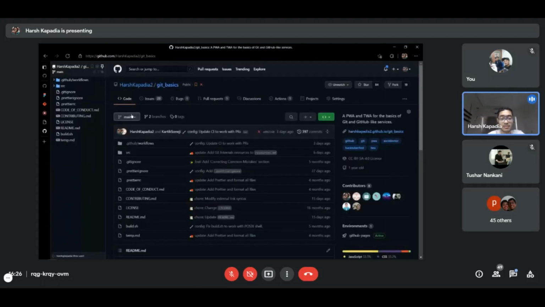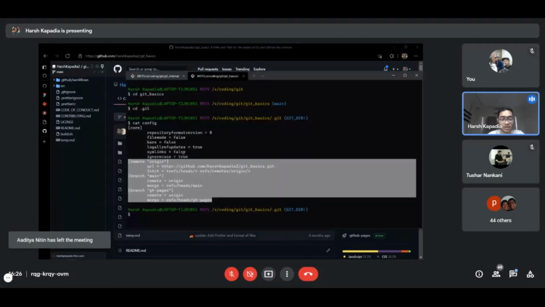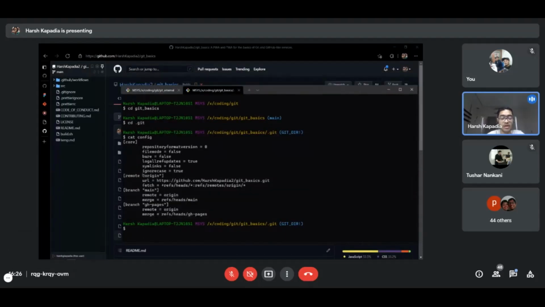Okay, so this repository has two branches, main and gh-pages, GitHub Pages. Just to let you know, we have two branches on this repository, because I'm going to be referring to all of that stuff. Okay, so now that you know that this has two branches, obviously we have our alias